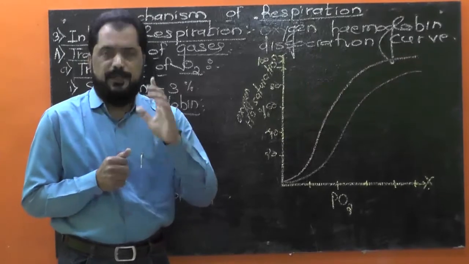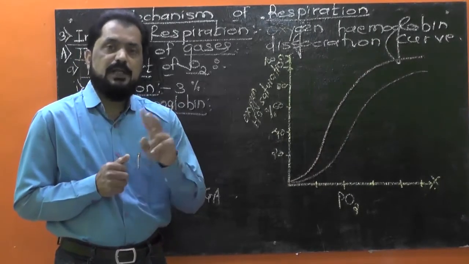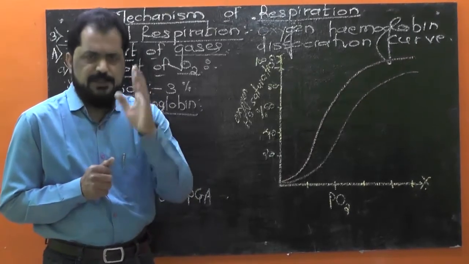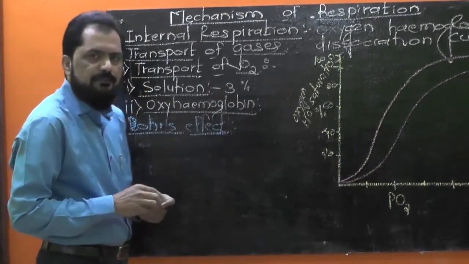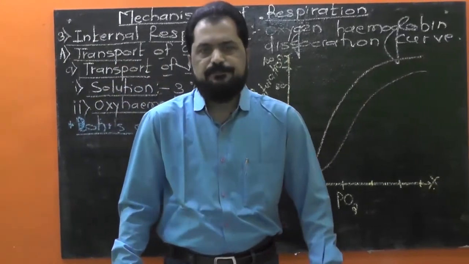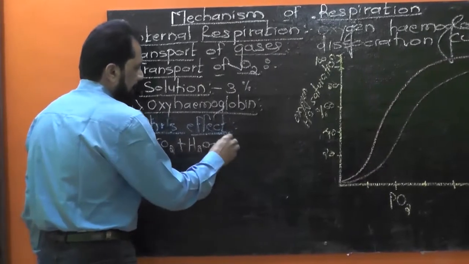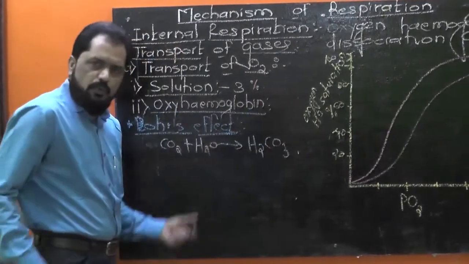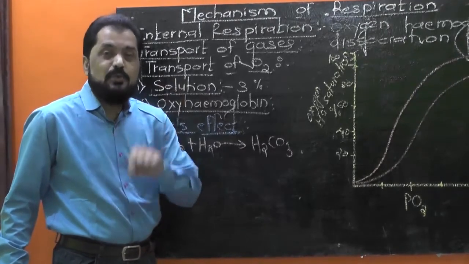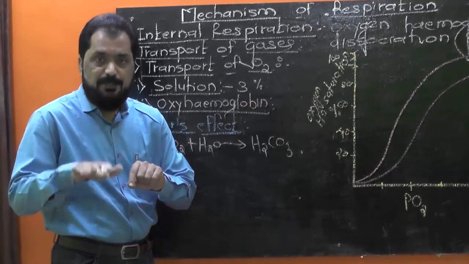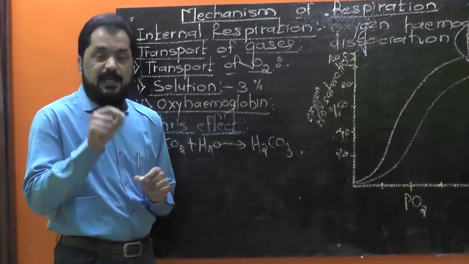Let me tell you, there are two effects, such as the Bohr effect and the Haldane effect, which definitely proved helpful for the transportation of oxygen and carbon dioxide. First of all, let me tell you about the Bohr effect. Bohr's effect represents that carbon dioxide dissolves into water to form carbonic acid. CO2, when it reacts with water, forms carbonic acid. This carbonic acid in the tissue cells definitely decreases the pH. It means the pH of tissue cells falls, it becomes acidic, and it